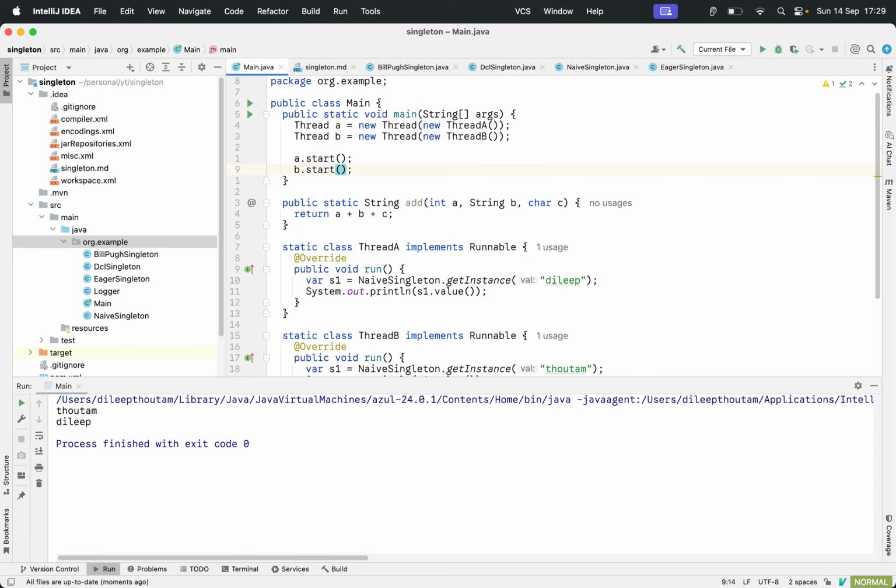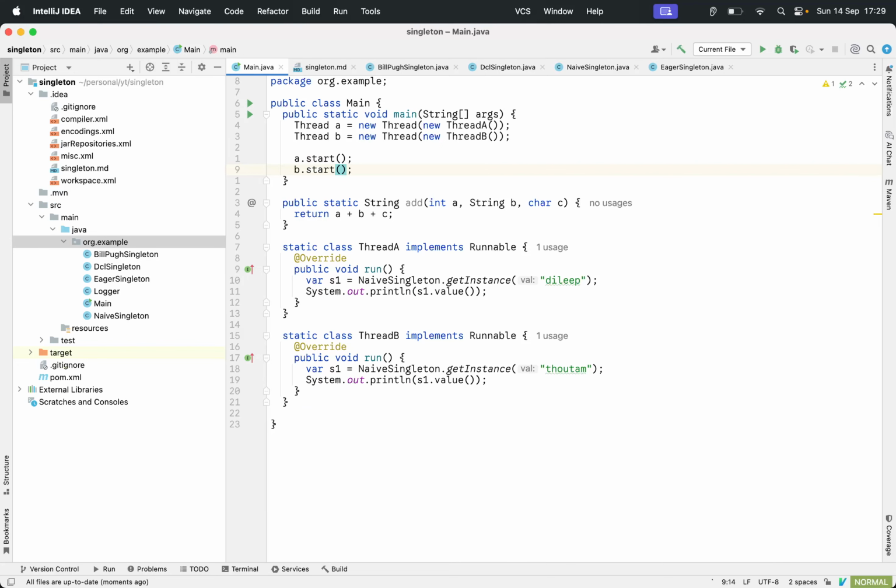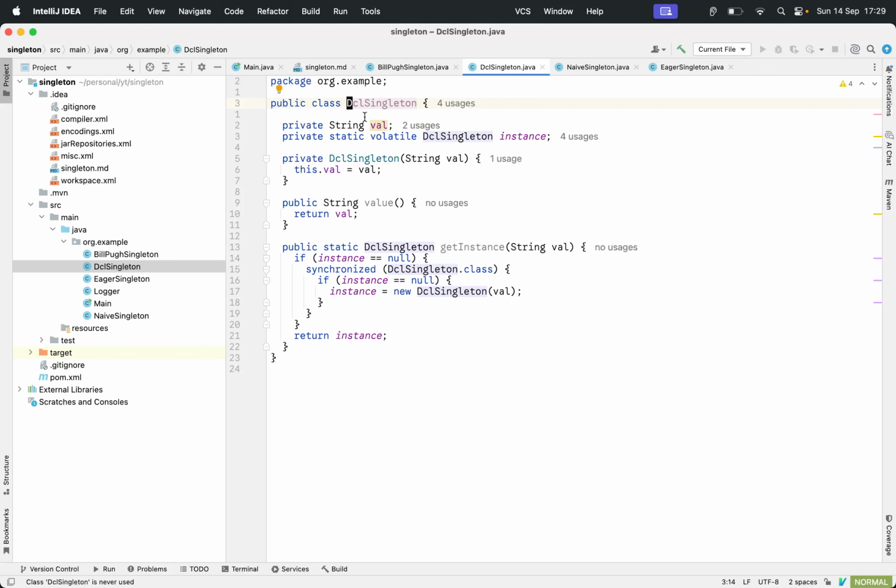Alright. So we need a thread safe singleton implementation, which will prevent creating a singleton object by two threads at a time. Okay, this is where the real one comes in, double checked locking. DCL means double checked locking. This is a bit tricky one, and most interviewers ask this kind of question. This will also test your understanding of threads, the word synchronized, the word volatile, etc.